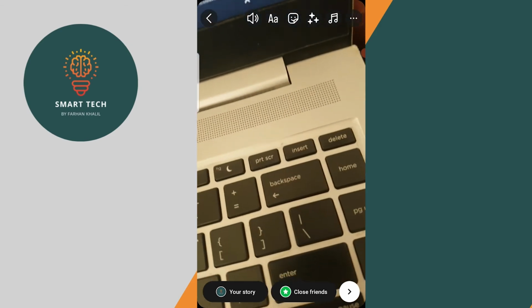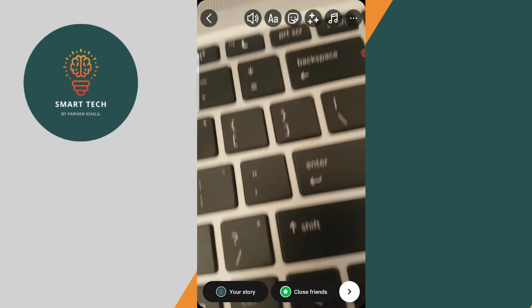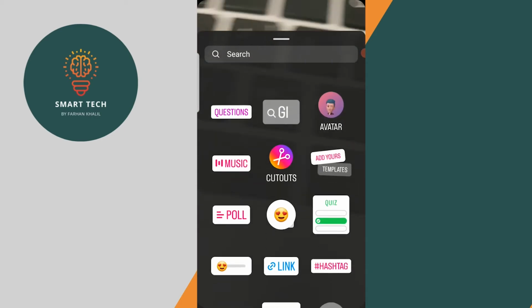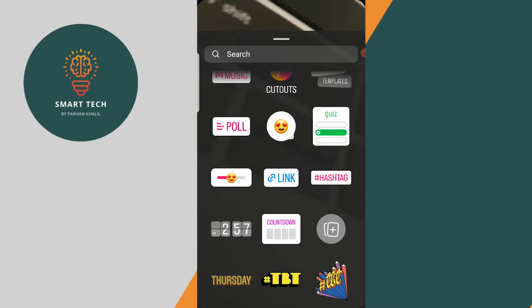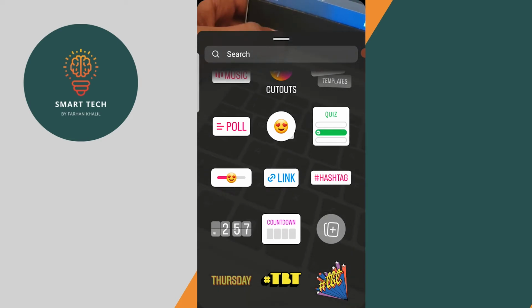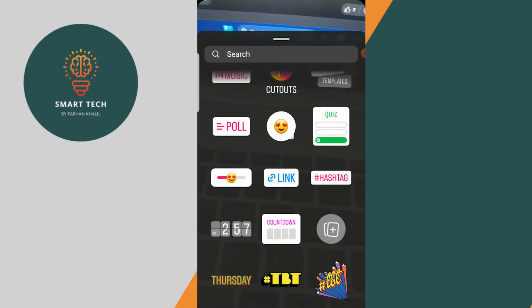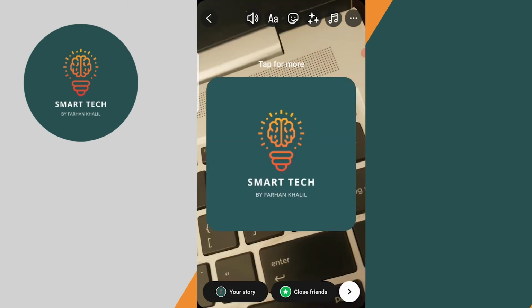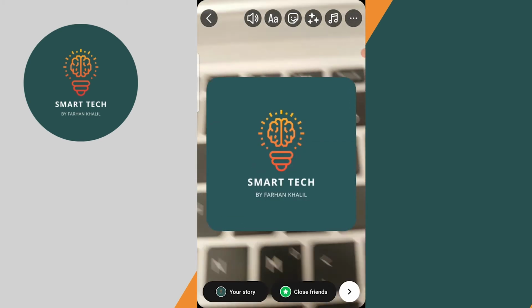So for that, what you need to do is hit on the sticker icon on the top menu, and from there scroll down a little bit until you see your gallery option or this plus icon right next to the countdown or the other stickers. Alright, you just need to look for the plus icon. Hit on the plus icon and then select the picture that you want to add to your Instagram story, and